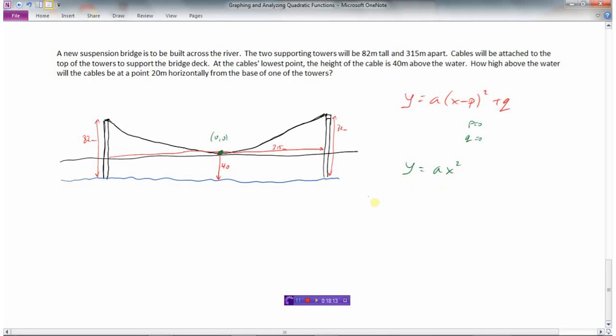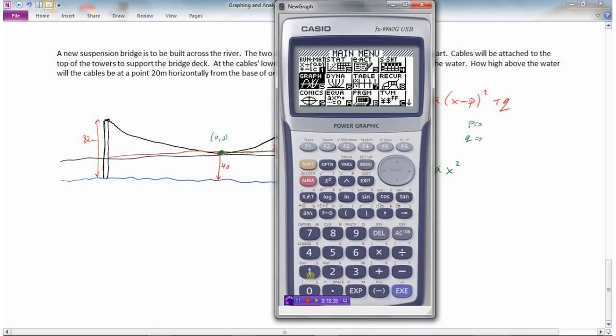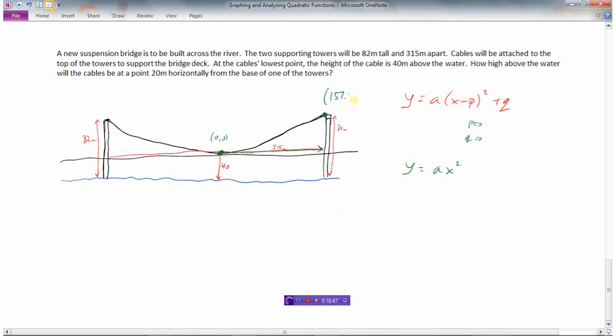But in order to find A, we need another point on this parabola. And the only point I can see us getting that's of any use would be this point right here. So if this is 0, 0, I need to go x, this distance, which would be half of 315. So half of 315 is, let's just make sure I do this right and not make a mistake, 157.5. So my x value up here is going to be 157.5, and my y value is going to be,